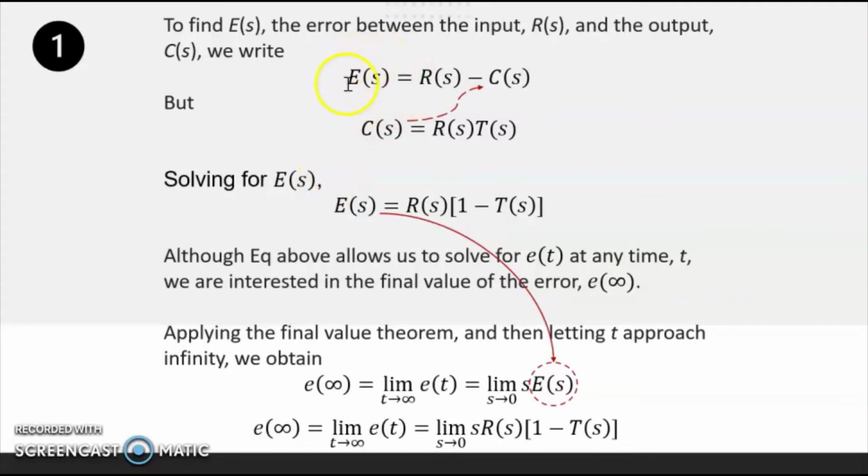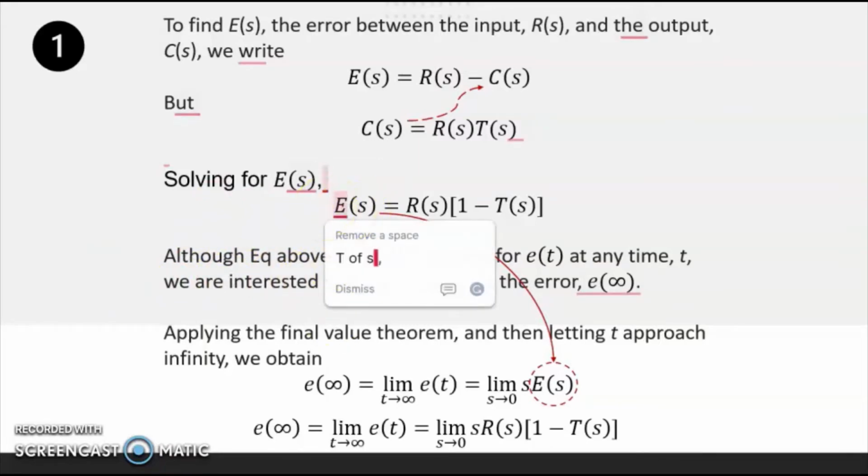For the error function, you want to simplify it: you just substitute C, put it in here, and by rearranging the equation you will get this. So you will get this equation here. This is what you're looking for. And then, although the equation here